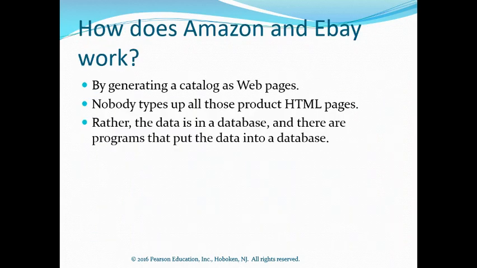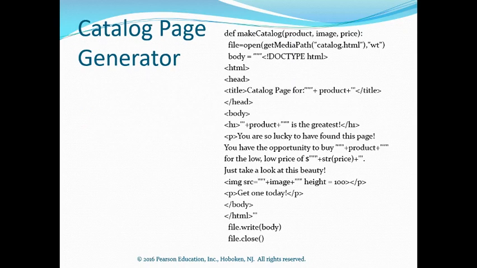So how does Amazon and eBay work? They work by generating a catalog as web pages. Nobody types up all those product HTML pages. Rather, the data is in a database, and there are programs that put the data into a database. So a catalog page generator. So you can see in this example,